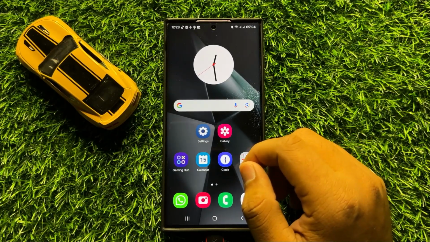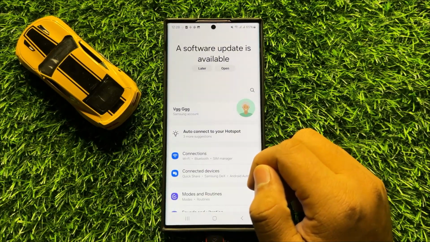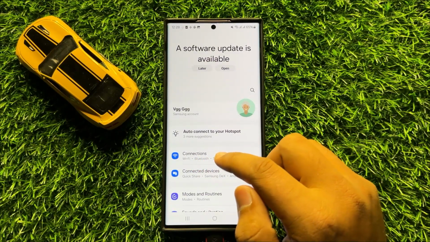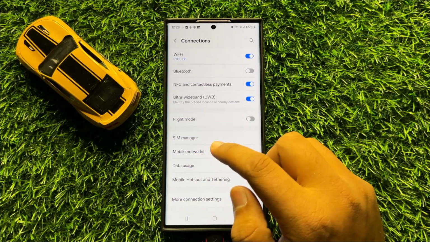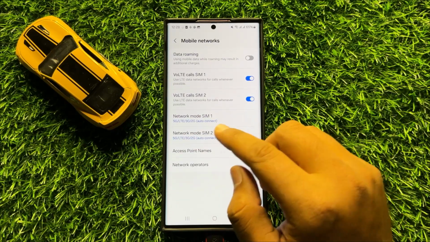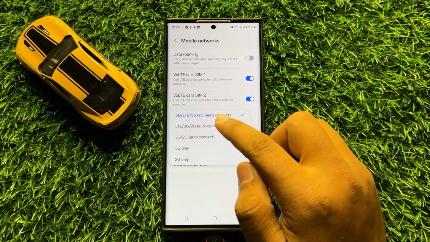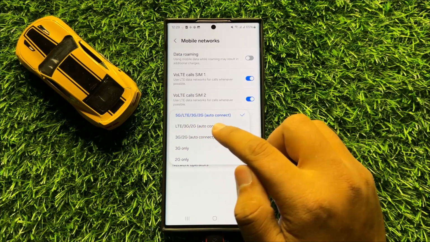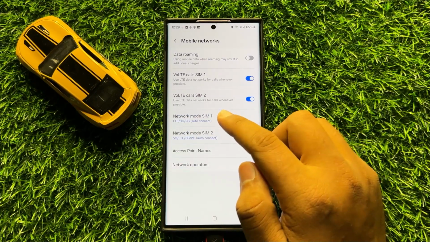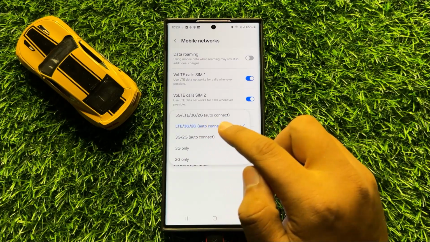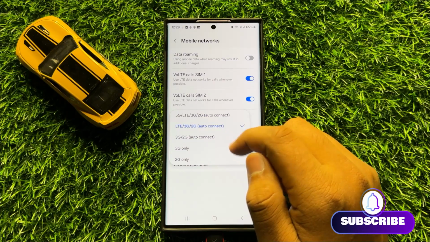So to fix this issue, first of all, open settings. Now in settings, click on connections. Now here in connections, click on mobile networks. Now from here, tap on network mode, and if 5G is not available in your area, then select the second option for 4G. So after selecting or changing these modes, it will help you to fix the battery drain issue from the mobile